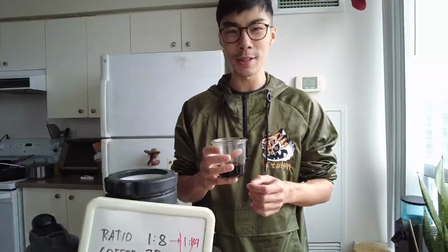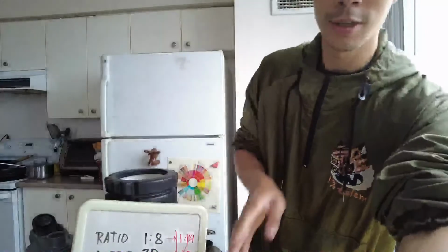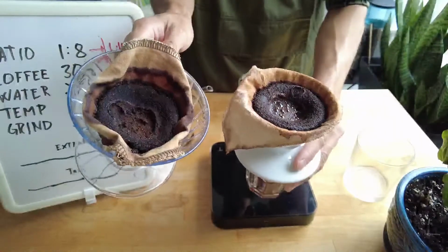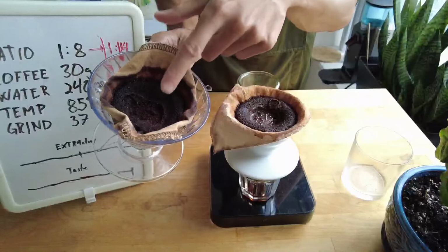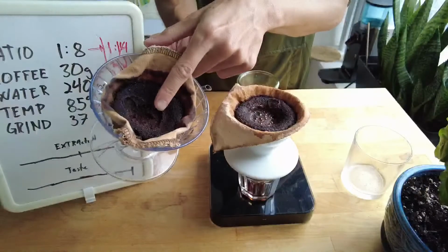But I think that was a good test. So looking at the coffee beds right now, here, look at this over here. This one was yesterday's. It hardly got the dome shape, and it's now looking like it didn't even get a big dimple or anything. Kind of sad. And I didn't even notice that many bubbles yesterday too, so it didn't have enough time to